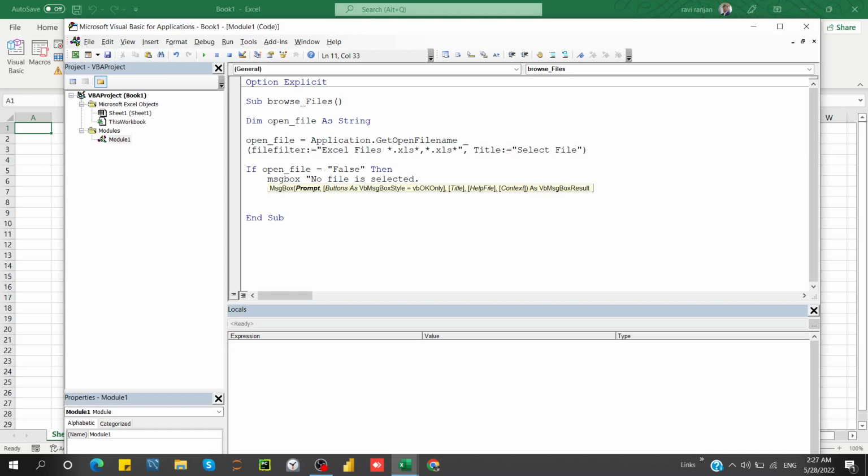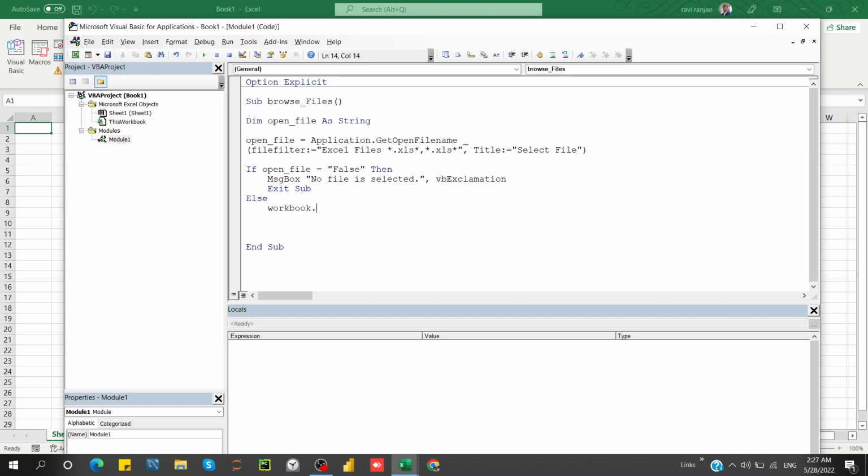Right? And close the double inverted comma, then after the comma vbExclamation you can choose here, then Exit Sub, right? And else